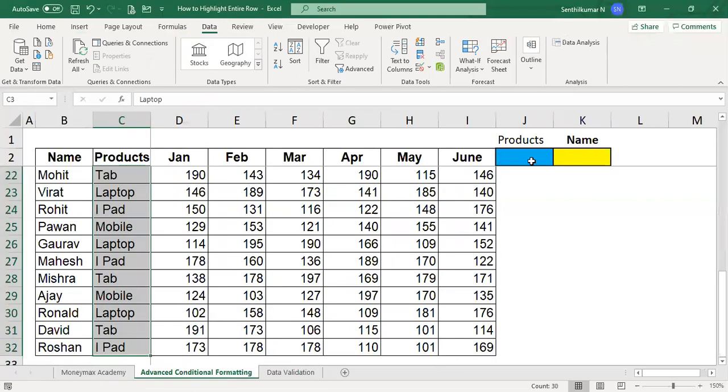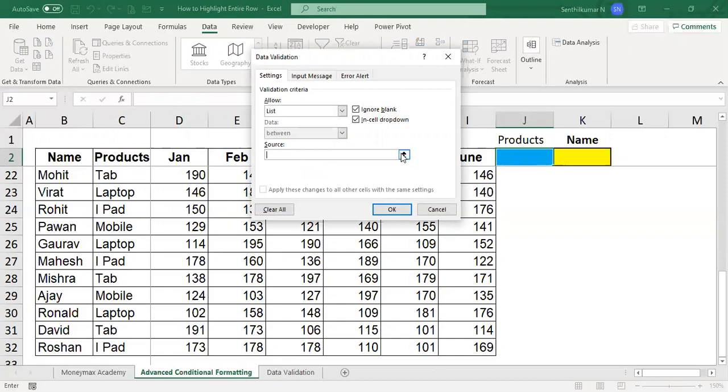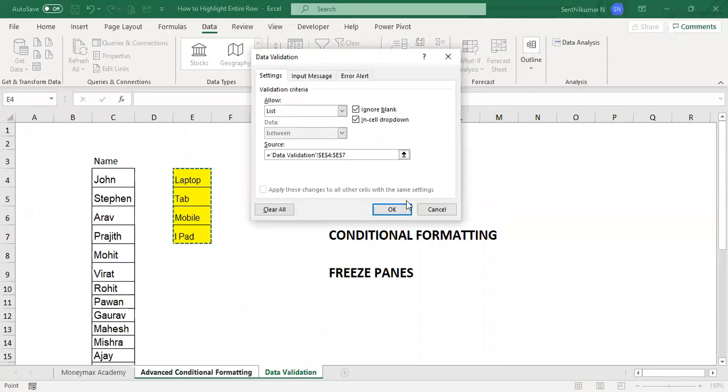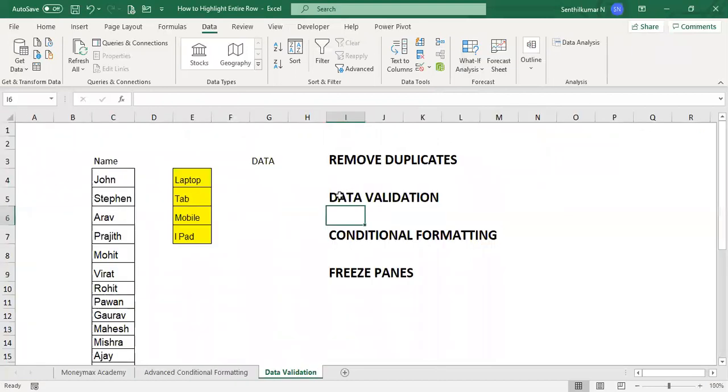Select the data, go to the Data menu, Data Validation, Settings, List, go to the data, select it, and press enter. Now data validation is over. Now you want to give the color for laptop. Second step over.